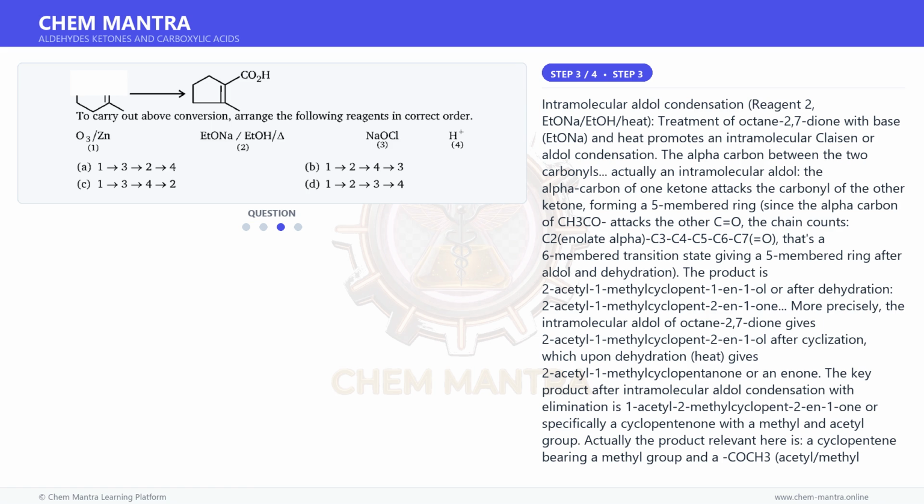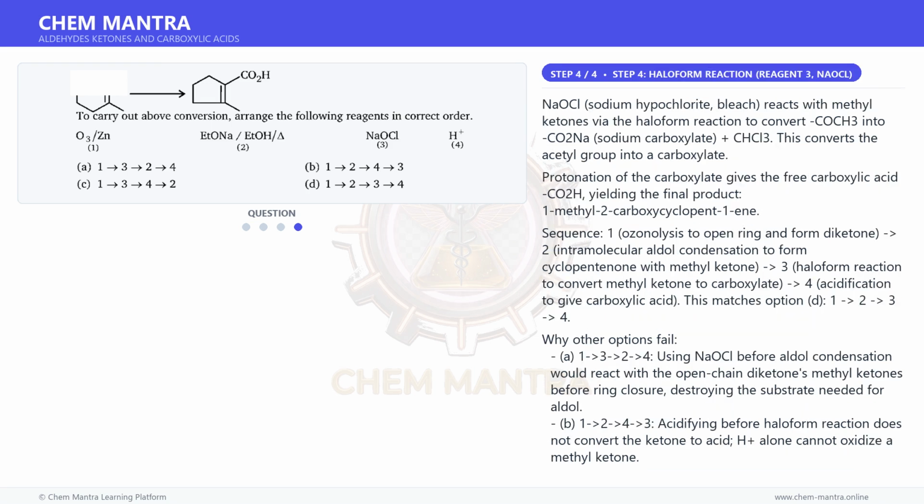The key product after intramolecular aldol condensation with elimination is a cyclopentene bearing a methyl group and an acetyl, a methyl ketone group, on the double bond, i.e. 2-methyl-1-acetylcyclopentene. And for the final step, NaOCl, sodium hypochlorite, bleach, reacts with methyl ketones via the haloform reaction to convert